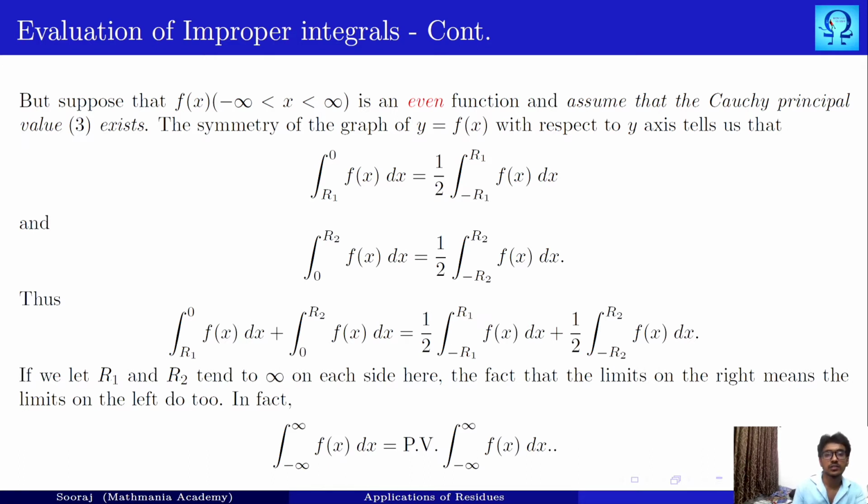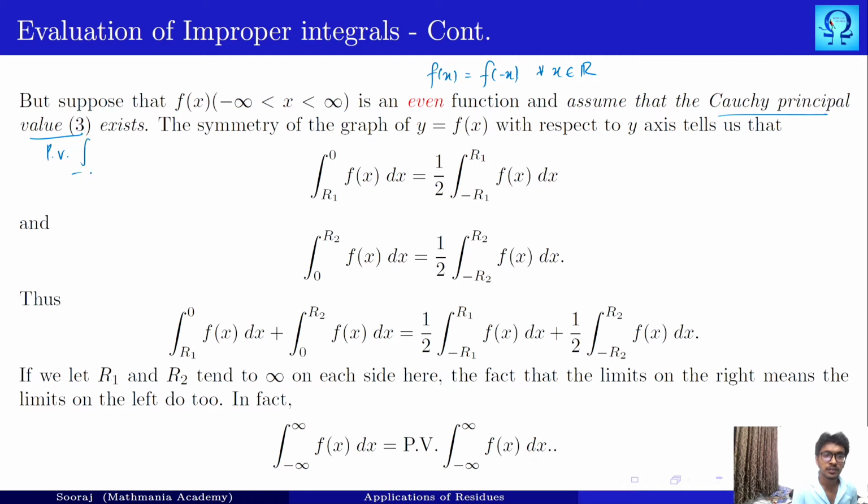Suppose we have an even function. What do we mean by an even function? It means f of x is the same as f of minus x. This is true for all x in the set of real numbers. So here we are considering the entire real numbers. If we have an even function defined on the entire real numbers, and we also assume that the Cauchy principal value exists, which means